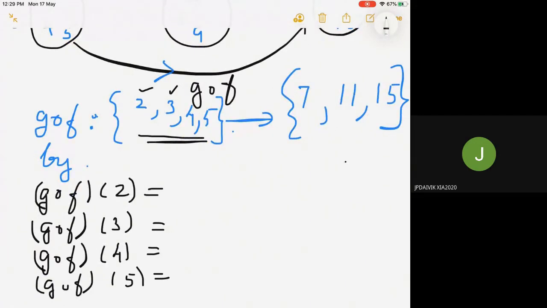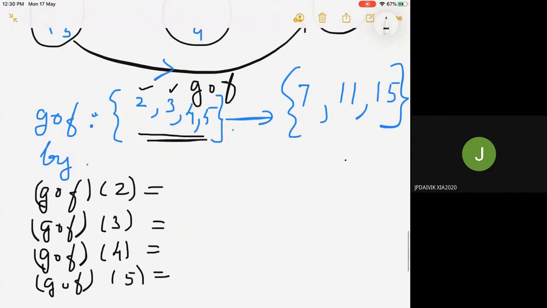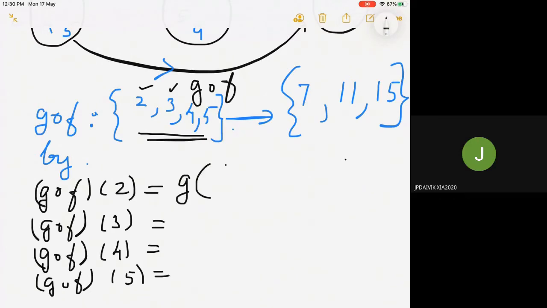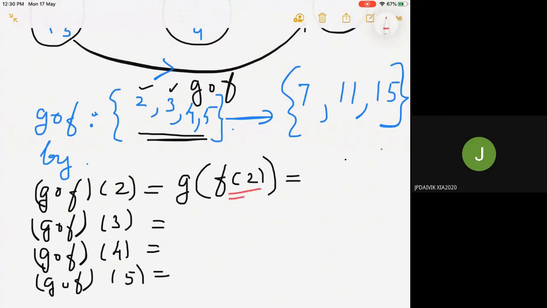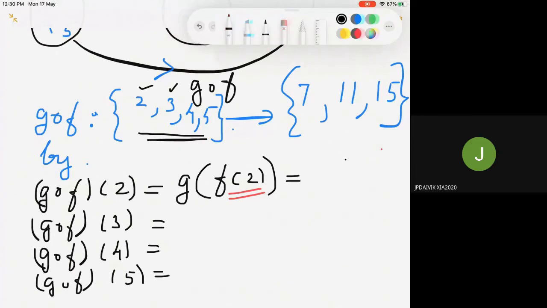Now you will come to the definition of composition of function. g dot f, composition of g and f, we can also call it as g dot f or g o f. This is all how to pronounce. So now g dot f of 2 is defined as g of f of 2. This is by definition. Now how to find its value? First of all, you will replace what is f of 2. So that means you will get now what? It is g of